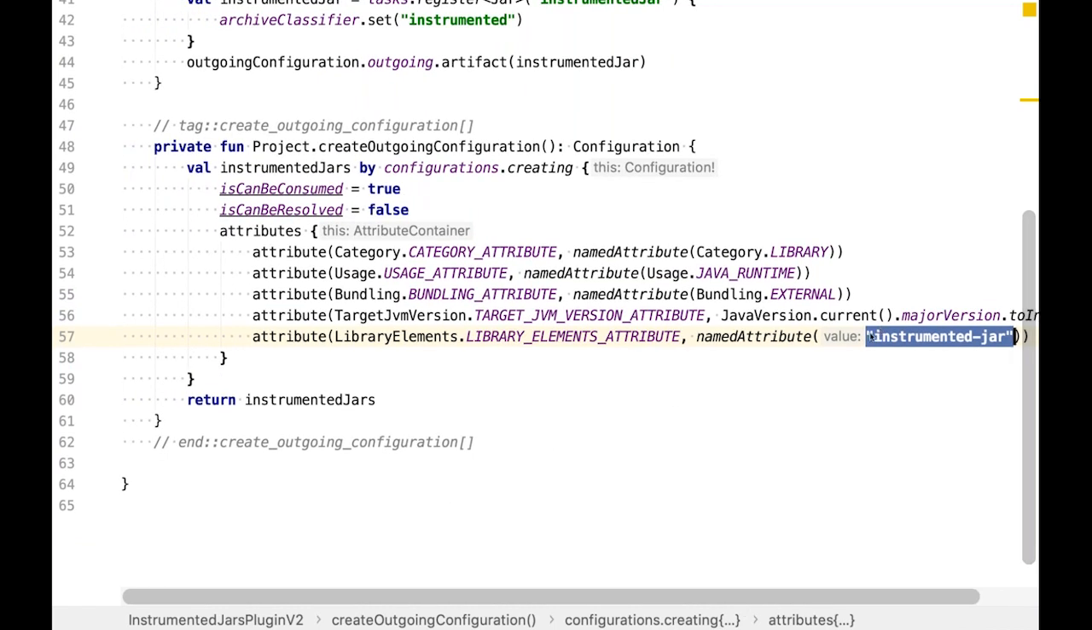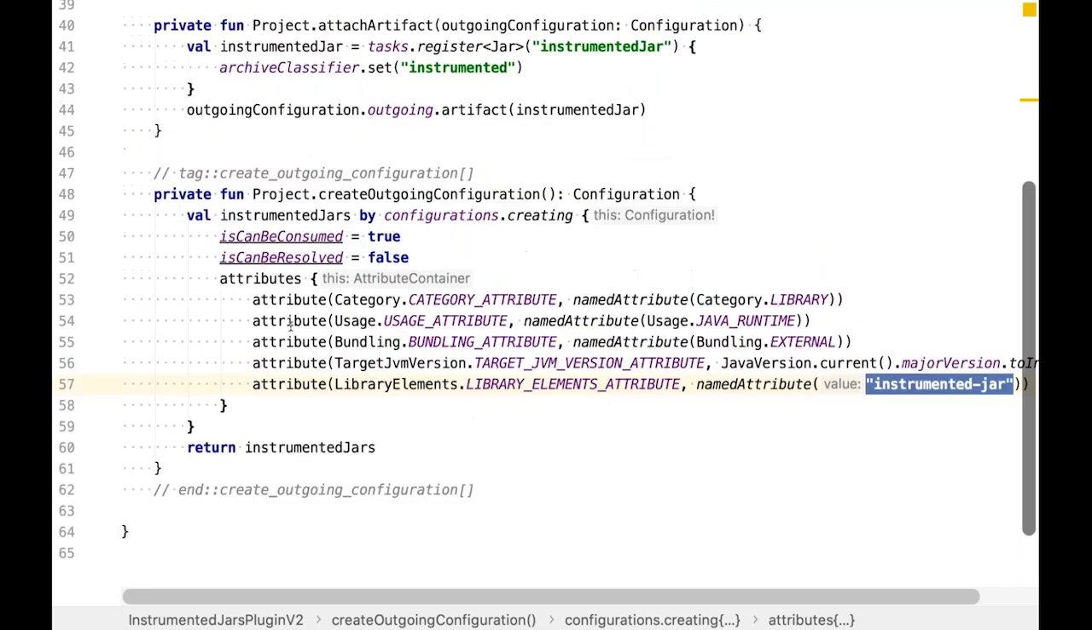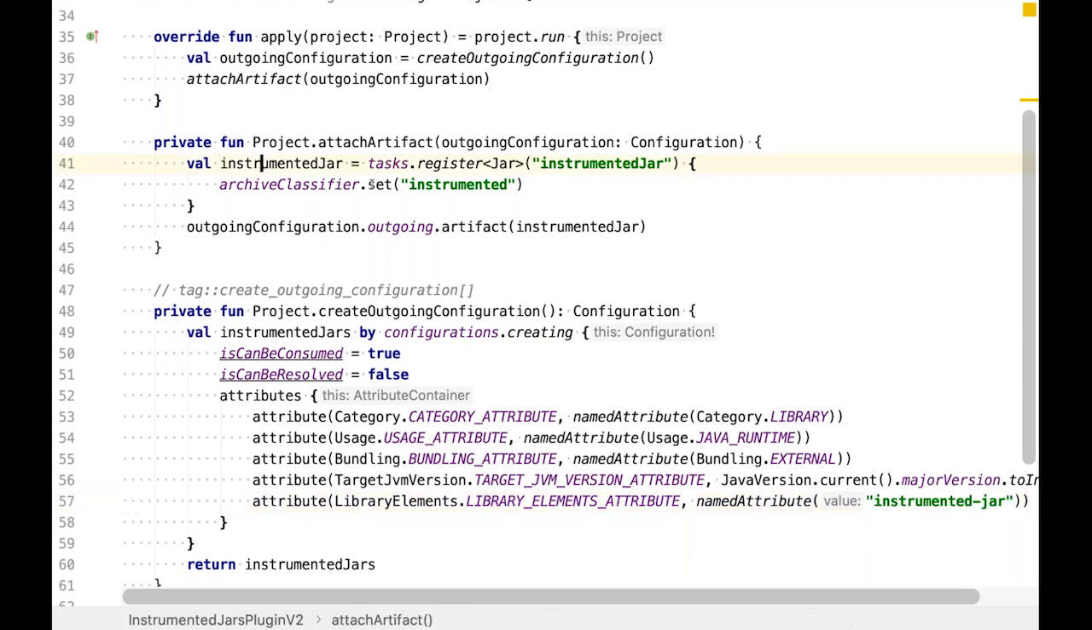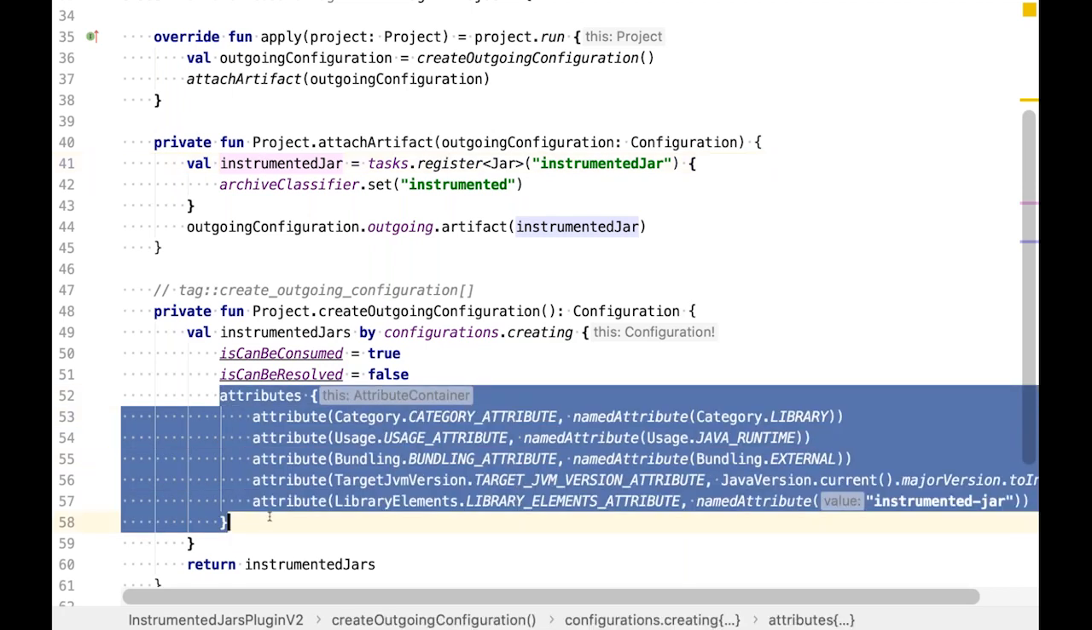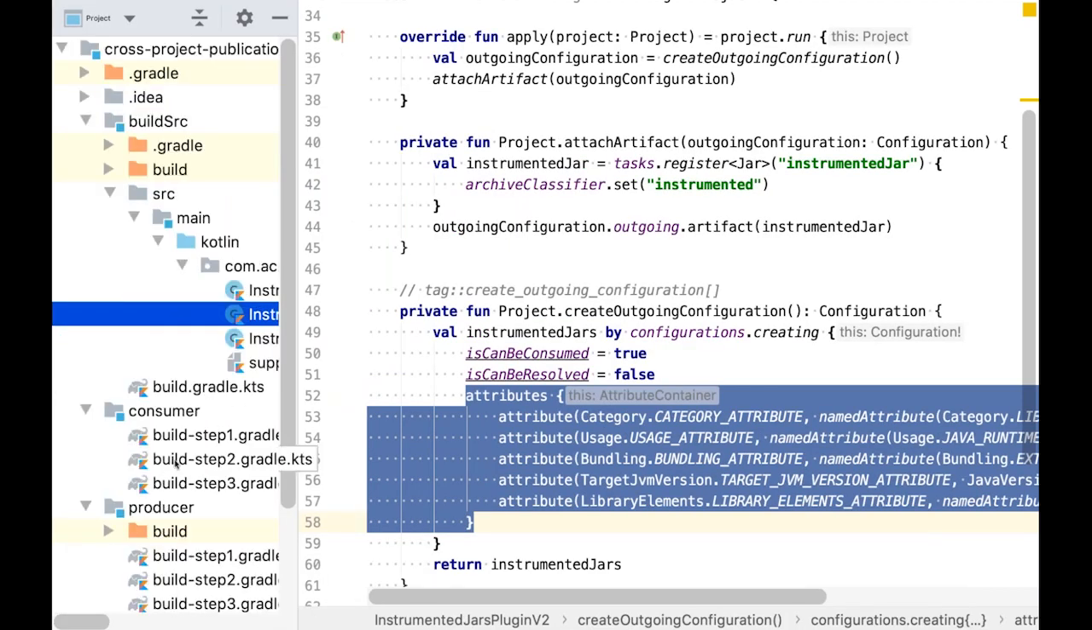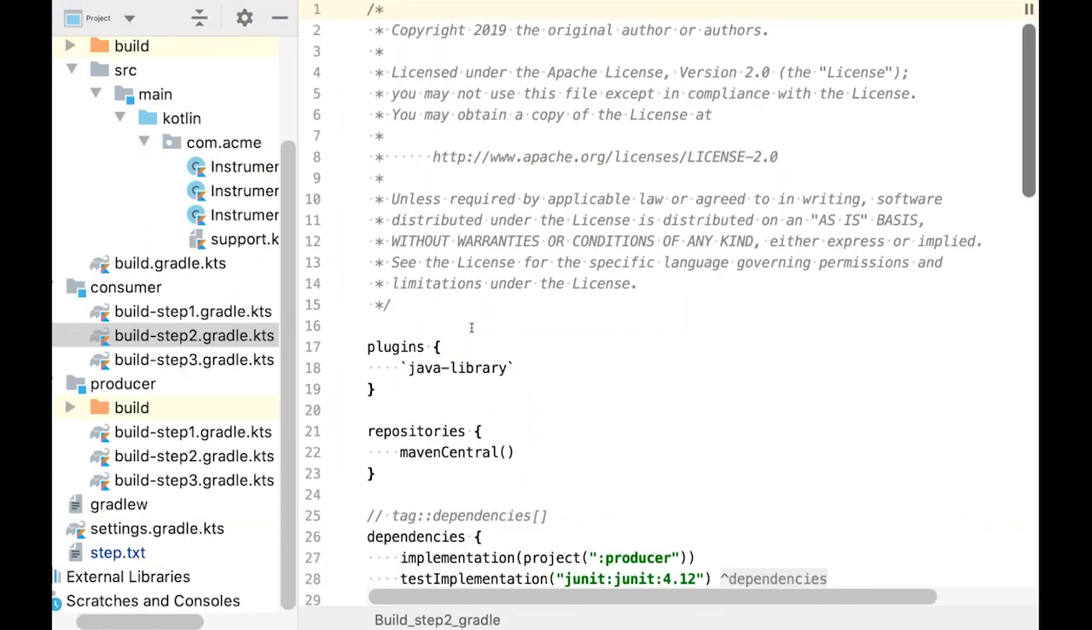Regular value would typically be jar here, but I'm just saying this is something new. And this is it. I didn't change anything in the way we create a jar. I'm just changing the way I define this configuration, but now I need to change my consumer. So I'm going to go to the consumer side,